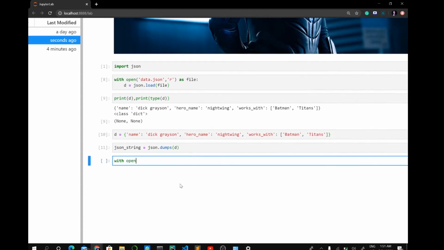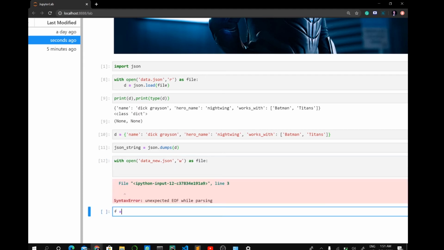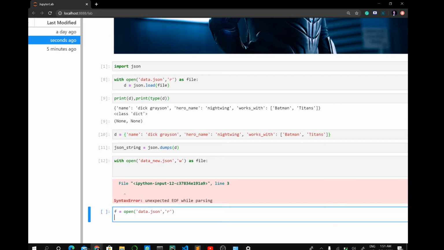and now make a file using with again, data new.json in write mode, as we will write our data now. With open as file, and it's a very good practice if you use this with open as file, because if you write it like this, app equals open a file data.json and read, you'll always have to manually close it by using app.close.